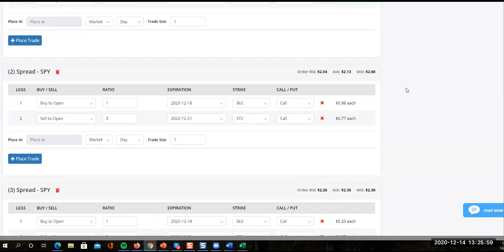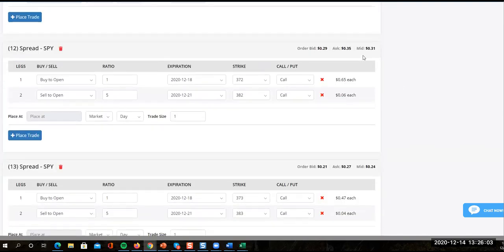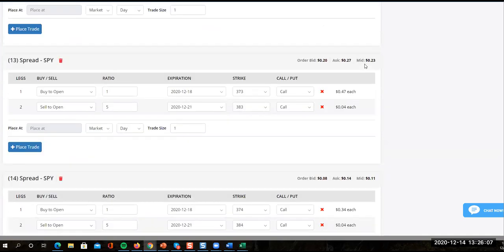All right, so let's move up to the 373, 383. That one that expires this Friday would be at a 23-cent debit. And if I'm at 368 and I'm a week before, and this is trading at a 23, 24, 25-cent debit, that means I'm making 100. If I'm in from a credit of 93, I'm making $120, $125, somewhere around there. $115, $120. I'm going to go ahead and get out